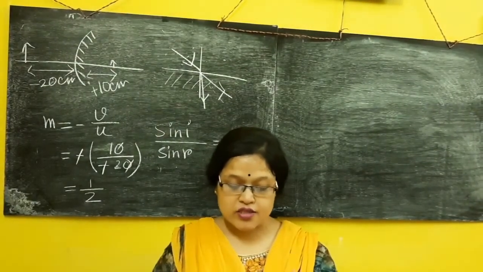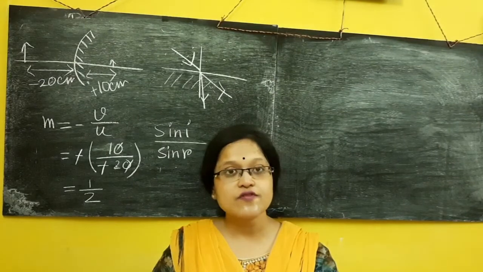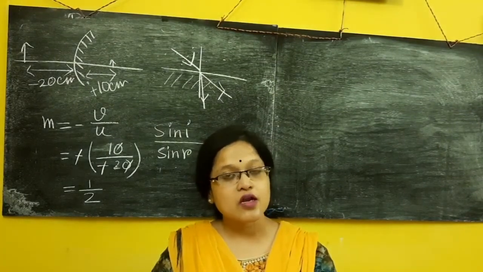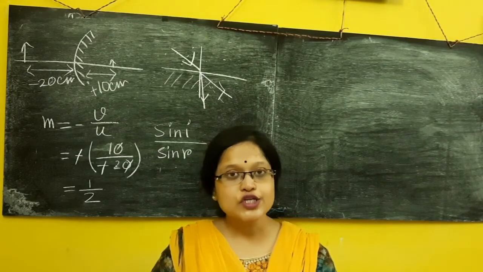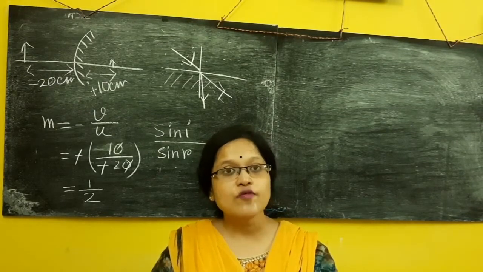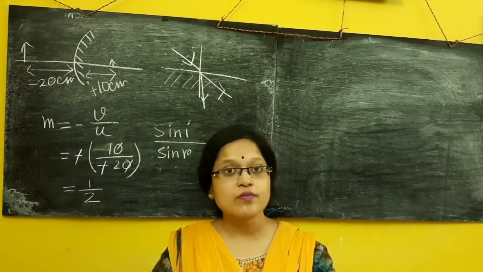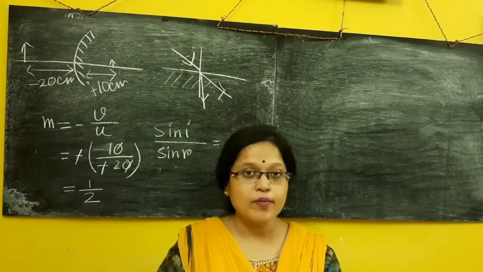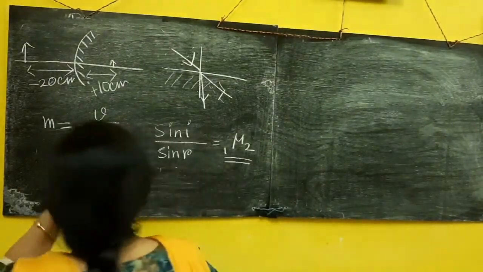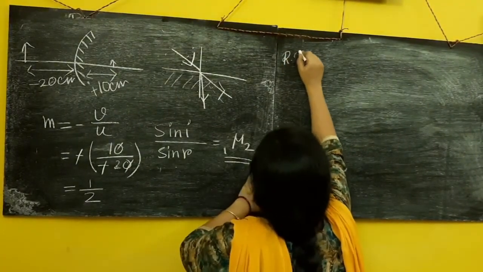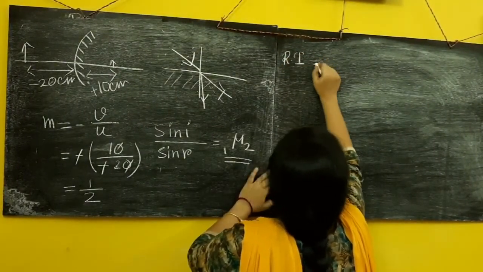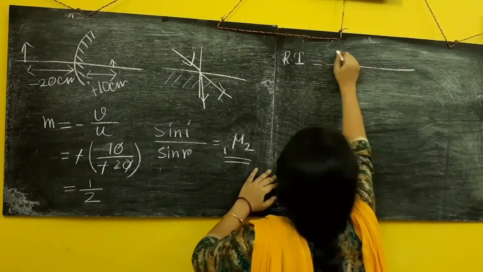So if the speed of light in medium is given 2 into 10 to the power 8, now speed of light in vacuum already we know. So if I do the ratio I will get the refractive index of that medium with respect to air or vacuum. So what I will do in this case, in short I am writing RI, refractive index is equal to speed